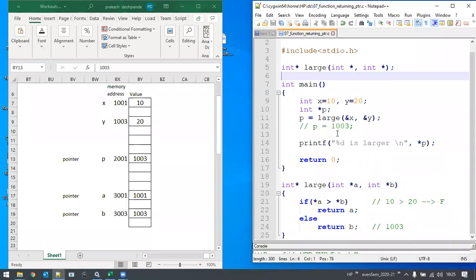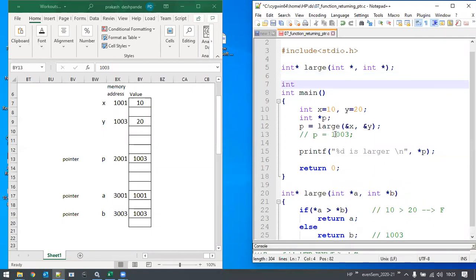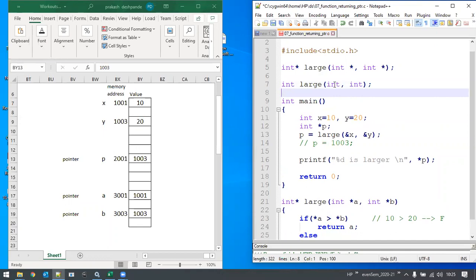Because we know that pointer means what? It just tells us the way that particular values are stored. So for the runtime environment, when we execute the program, pointers will help us in identifying those particular values in a quicker format than the other way. Suppose I write another program like this, int large, int comma int, where I'm passing two parameters of the integer values itself, and I'm returning an integer value.